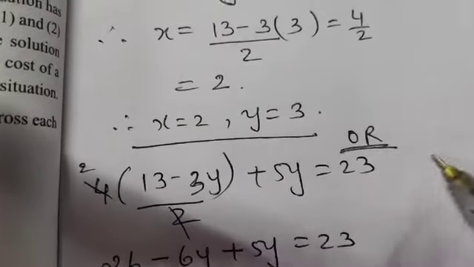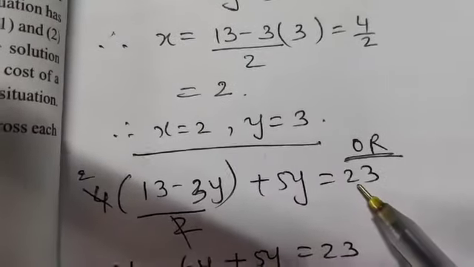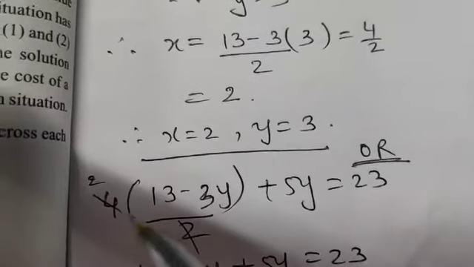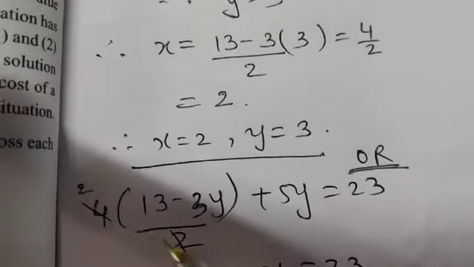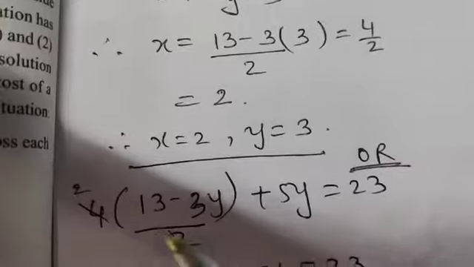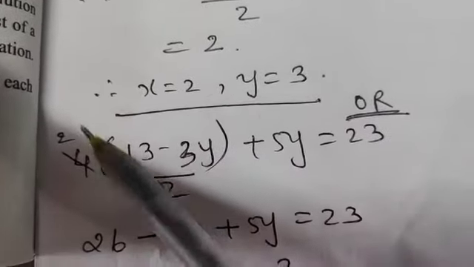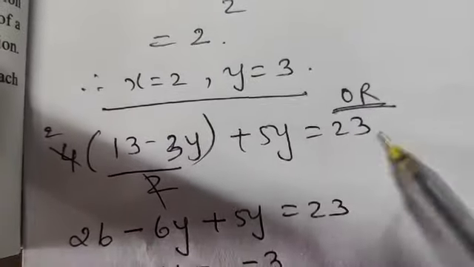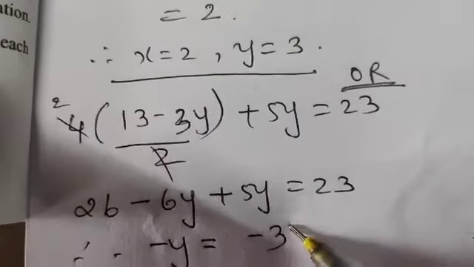This was the equation which we had written earlier, am I right? And we multiplied and opened it earlier. But now I have cancelled the 2. So, there is no denominator left now. So, 2 13s are 26, 2 3s are 6, then 5y and 23 can be written because no LCM.